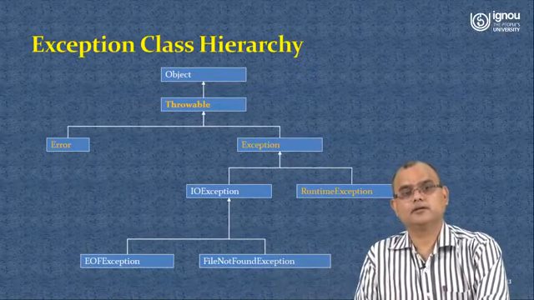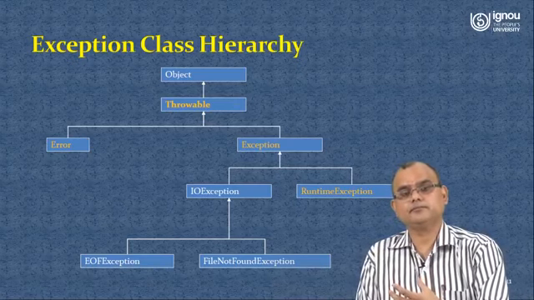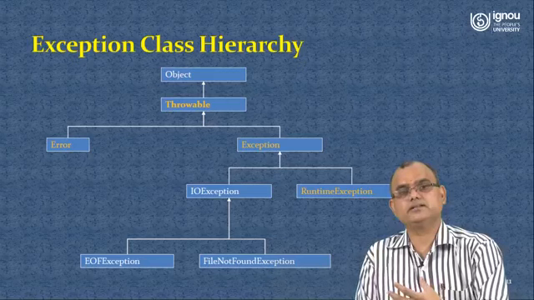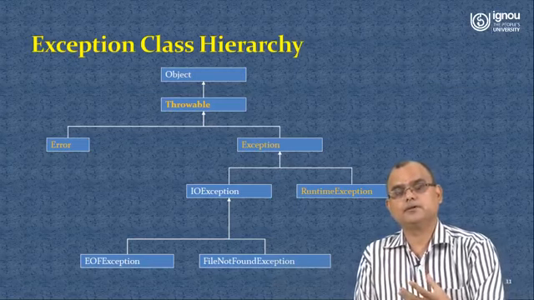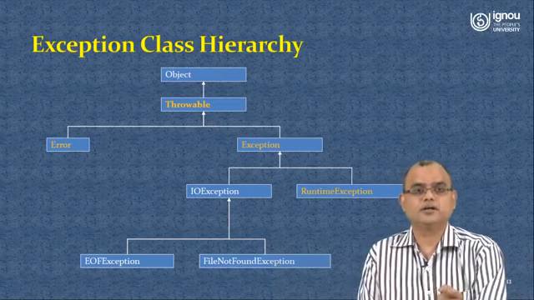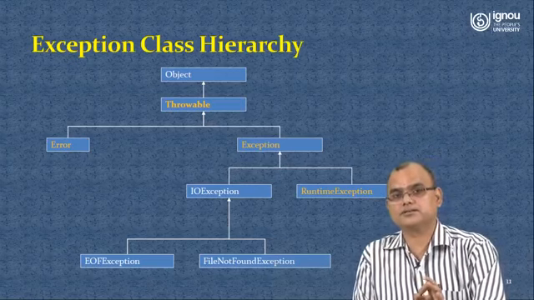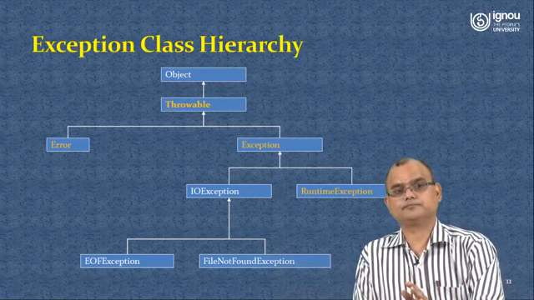Now, when we are programming using or incorporating the exception handling mechanism, it is very essential for us to know the actual layout of the whole exception handling process or environment in Java. In Java we know every object is derived from the core object class. From the object class, the Throwable class is created, and from the Throwable class two different classes are created: one is Error and the other is Exception.